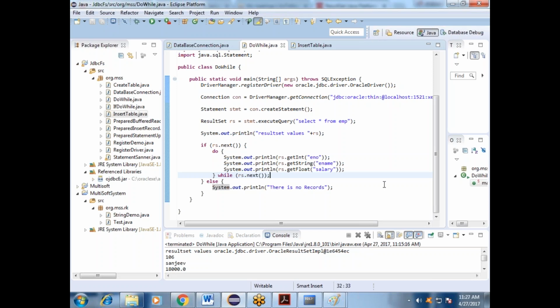I think it executed, but it is displaying the else statement, not all the records data. It is not displaying because, based on the data type, whatever you have passed: int number, string name, and float salary. Hang on. Did you insert the record inside the employee? If you insert the record, then you will get it. Hang on, I did not commit it. I just inserted it.